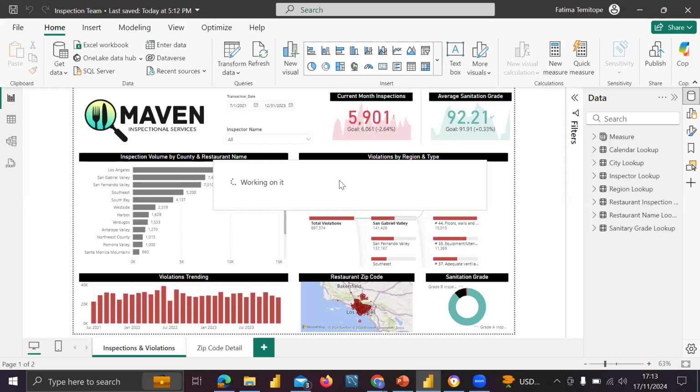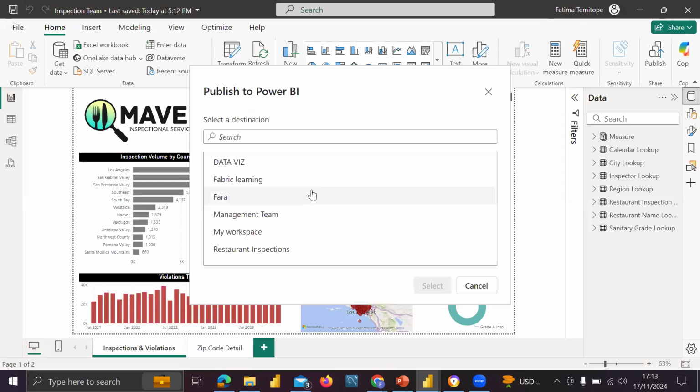So it's loading. You can see the workspace that we just created, data visualization. You just click on it, then you click on select.